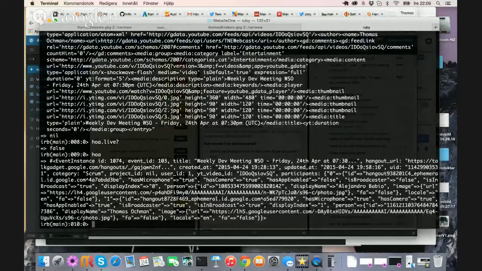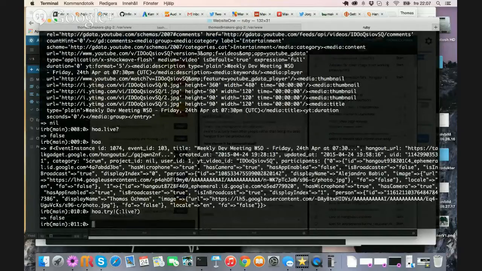Because object try is defined at offset level. Yeah, I was looking at this a few moments ago. Let's see here. So try is defined.